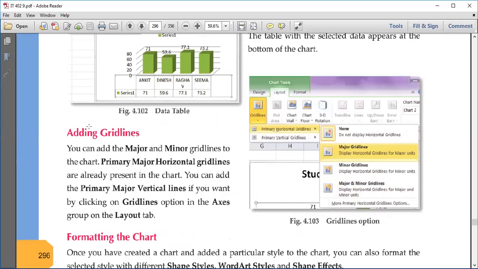Then is changing the grid lines. In the grid lines option, you'll have none. First of all, there is no line at the background. If you see lines at the background, major lines will have lines with a larger distance, and minor lines will have more lines in between. The distance between the lines will be lesser.